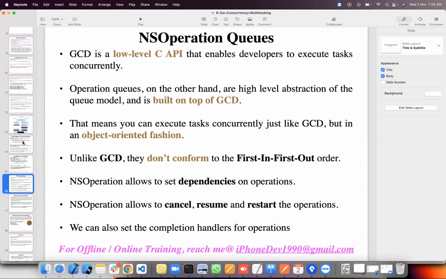How do operation queues work? GCD is a low-level API that enables developers to execute tasks concurrently. Operation queues, on the other hand, are a high-level abstraction of the queue model, built on top of GCD. Operation queues are a wrapper around GCD, meaning they have added some additional features on GCD. That means you can execute tasks concurrently like GCD, but in an object-oriented fashion. GCD is a low-level C-based API. Actually, it depends on the C-level API, but NSOperations are completely